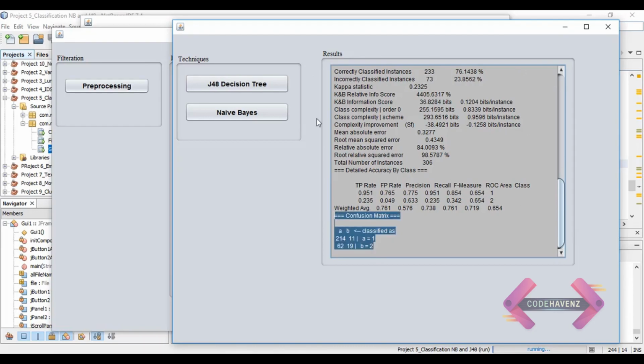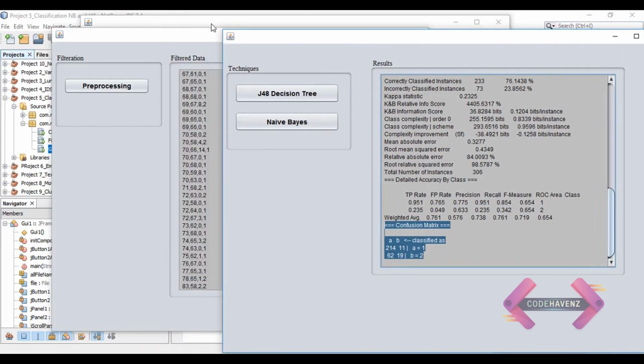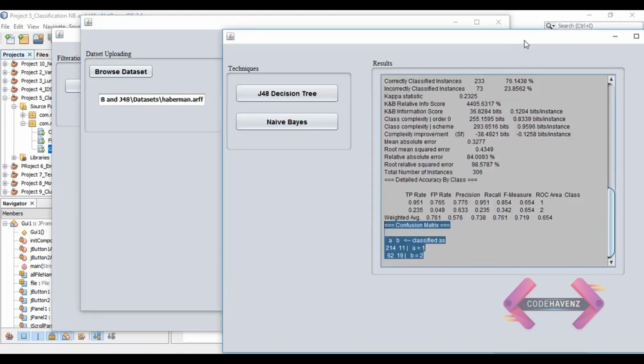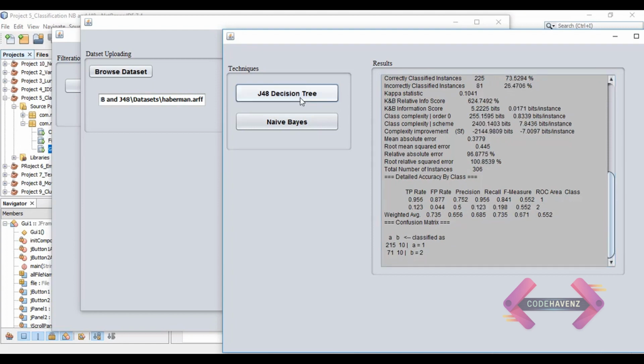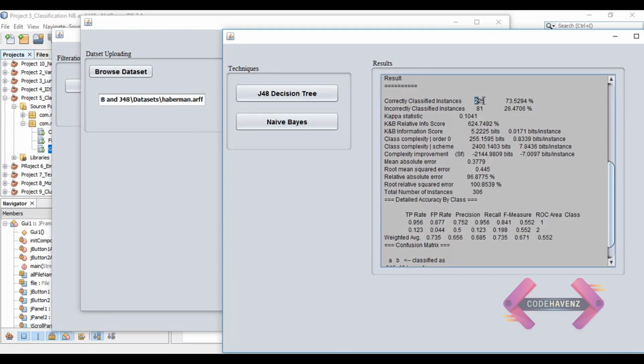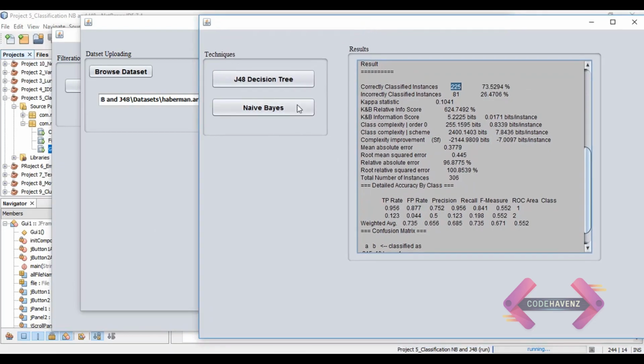In the case of Haberman's dataset, we have analyzed that the naive-Bayes algorithm performs better than the decision tree algorithm, as the accuracy of naive-Bayes is 76.1%, that is, it has classified 233 instances correctly, while J48 has classified 225 instances correctly.